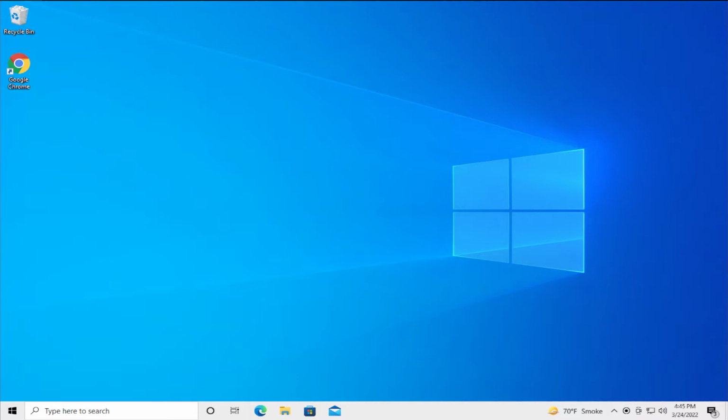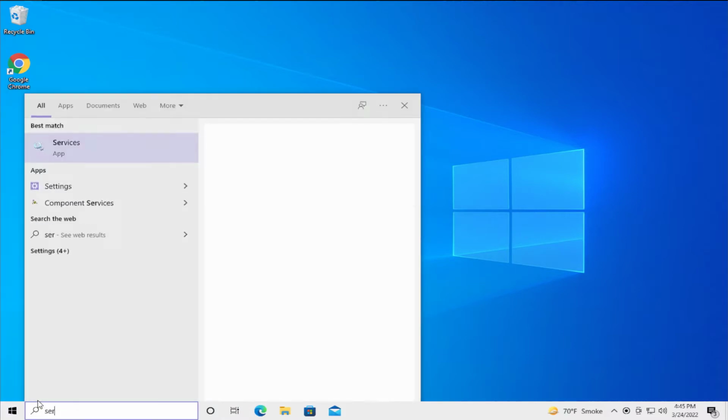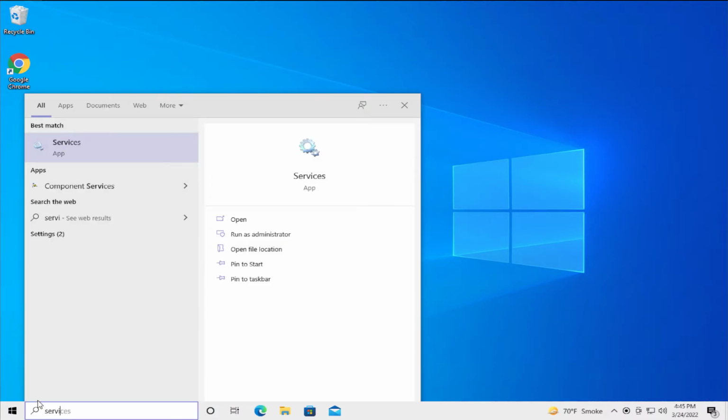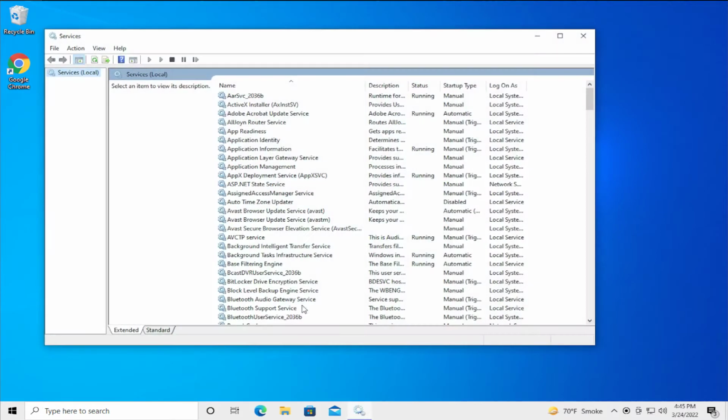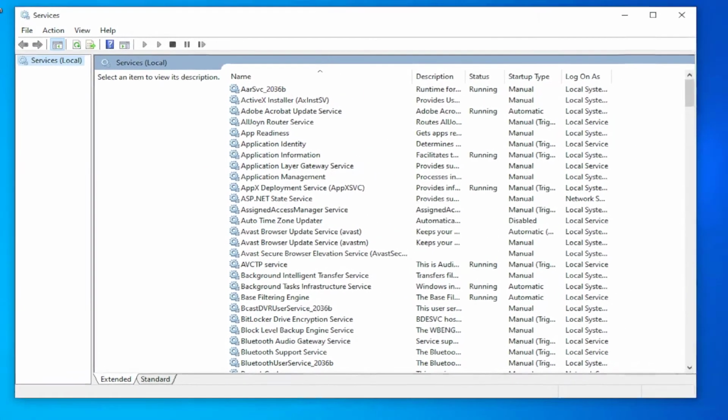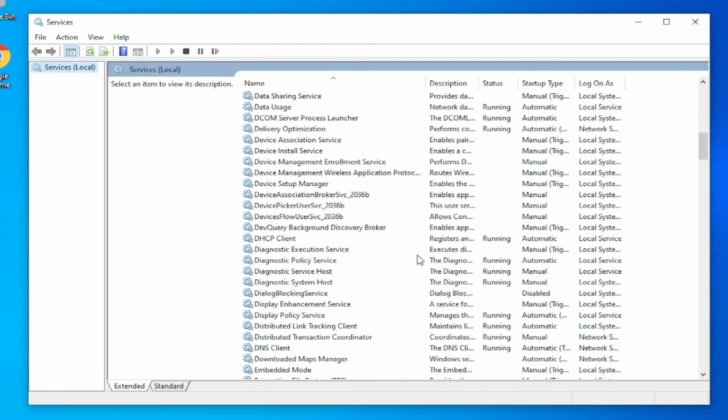In today's tutorial I'm going to show how to clear the print spooler and fix the forever printing problem in Windows 10 and Windows 11. Go to the start menu and type services and hit enter. You can browse to the service called print spooler